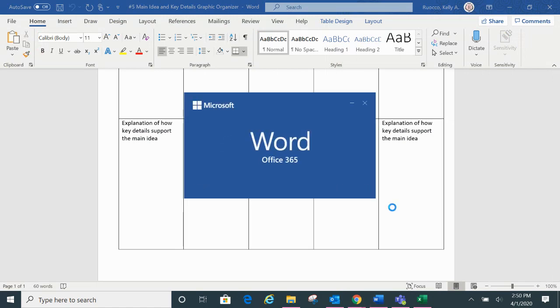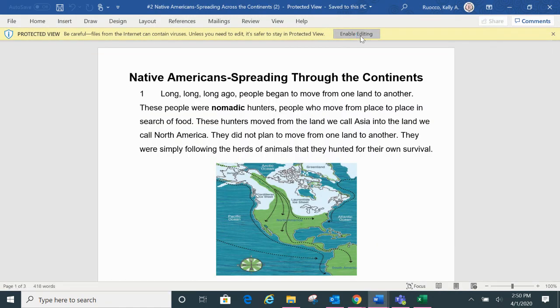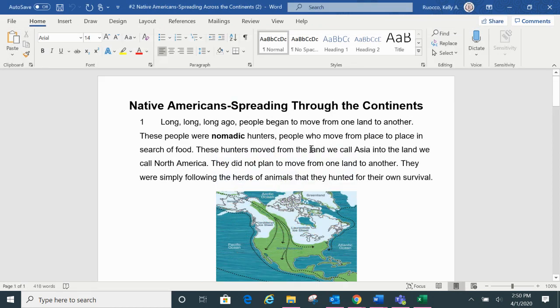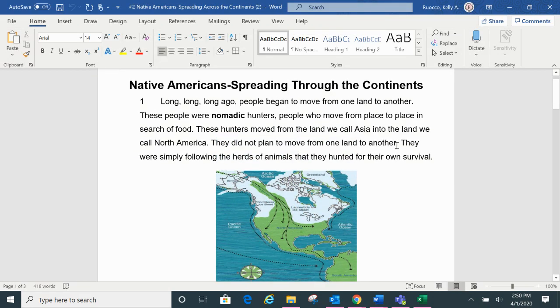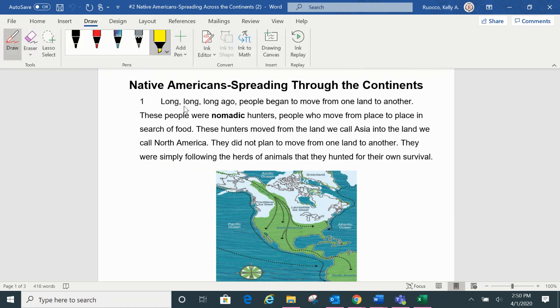So the first thing I'm going to do today on the first video is enable the editing. I don't have to save this because this is my text, but I'm going to be thinking about the main idea as I start rereading this. And I need to get my highlighting tool out. So I have my draw and my highlighting. So I highlight my title. Sorry, it was not a great job. And I'm going to be looking for word bites that I see as I'm reading. So those are going to be words that I kind of see again and again, so that way it helps me form that main idea.